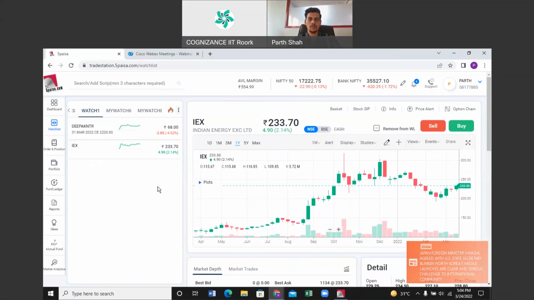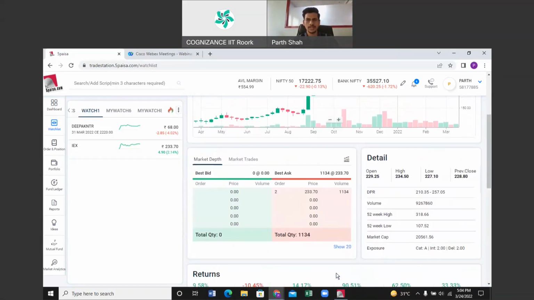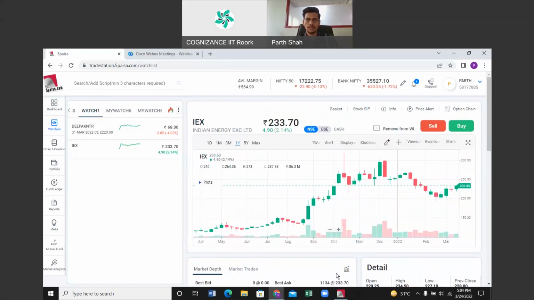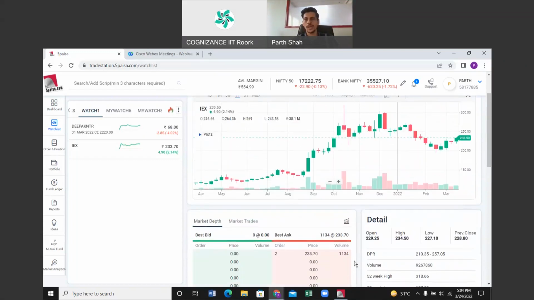Whenever I want to make a decision for investment, if I am an investor, I'll look at the fundamentals and technicals of the stock, what the trend of the stock is. I'll look at the charts, how it is performing today, and the news coming with respect to the company. Moreover, I'll be looking at the basic details of the stock. All of these things are already provided in a consolidated format on this screen, which we call the company info screen. The same kind of screen is available on the mobile application as well.